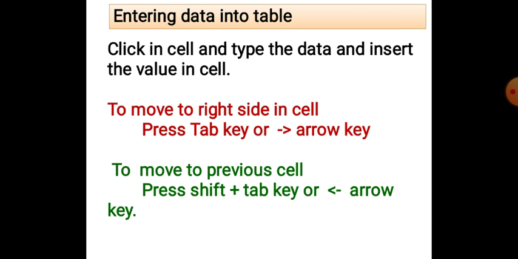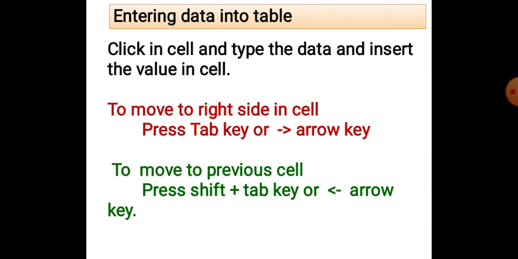Now, once the table is inserted in our document, we will enter our data in the table. How do we enter data in a table? Simply click in the cell and type our data. To move between the various cells, we have some keys.